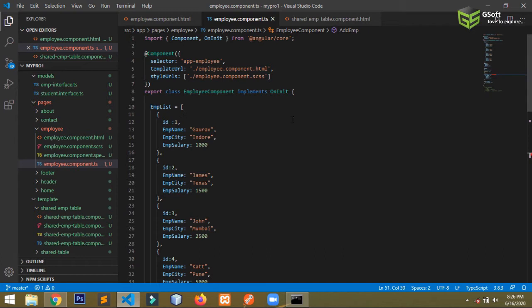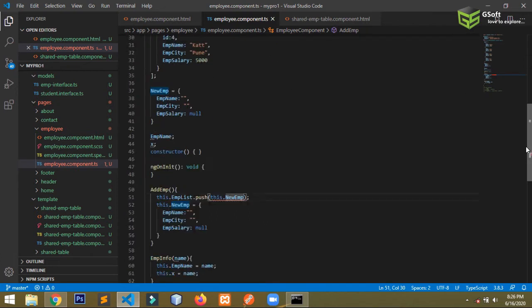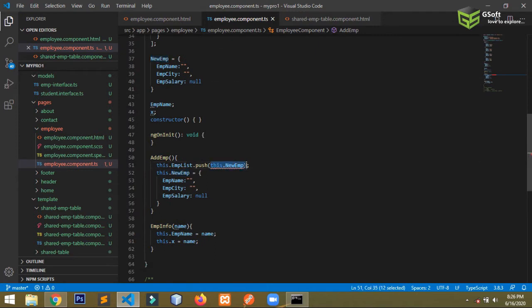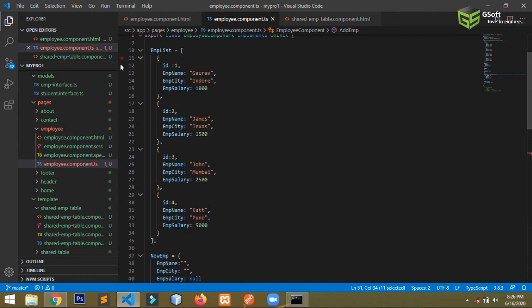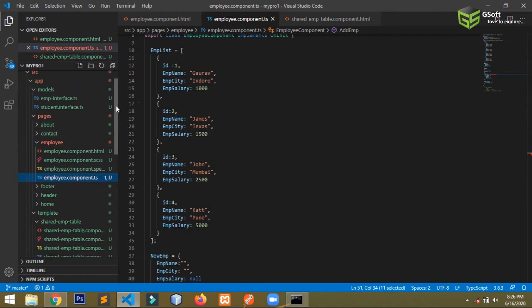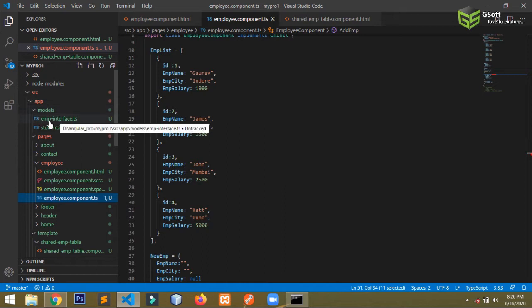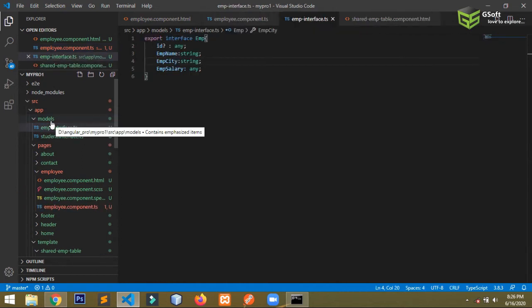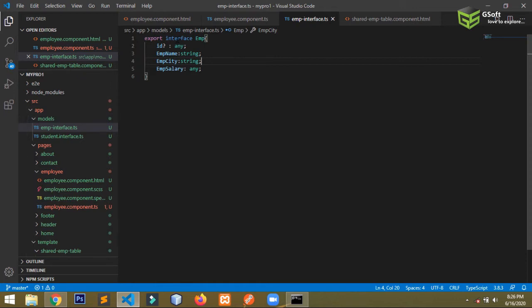So now for that, what I have to do is, here you can see an error is coming because of the typecasting problem. So I will also show you how you can typecast the data. For that I have already created a file with the name model, and you can see here emp-interface. So how to use the interface, I have already created it. Let me explain. You can see here export interface. You have to just write export interface and the name of the interface, and this is the data type. We are just defining the data type. We are just typecasting the variables here.